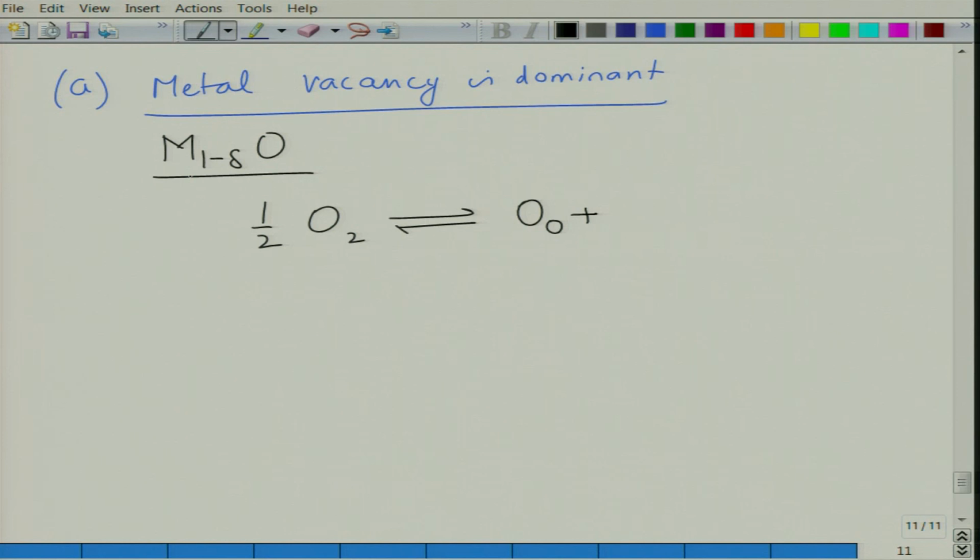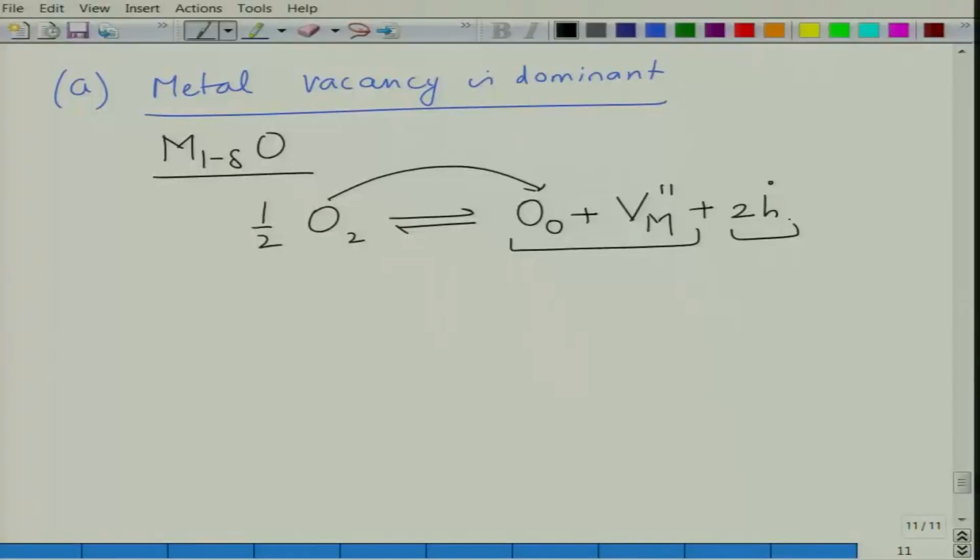So, if we have V_M, which means the metal site is vacant, as a result we create 2 holes. So, this is the acceptor kind of defect, the vacancy of metal. So, we have maintained the mass balance: 1 oxygen comes from outside, goes to oxygen site. Site balance is maintained by maintaining the ratio, 1 site of metal, 1 site of oxygen, the ratio is 1:1, it is just that 1 site of metal is vacant, but there are 2 sites, 1 for metal, 1 for oxygen, and we have created holes to balance the electrons and whole electrical neutrality, alright.